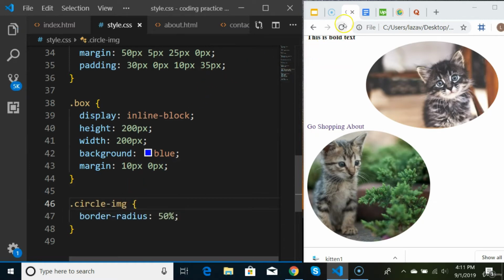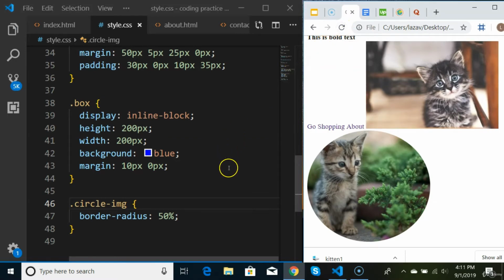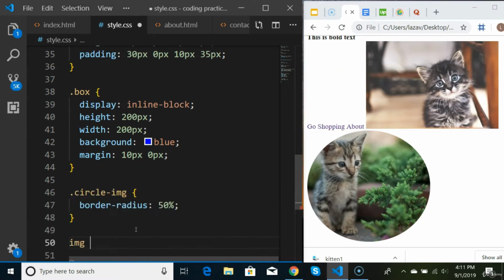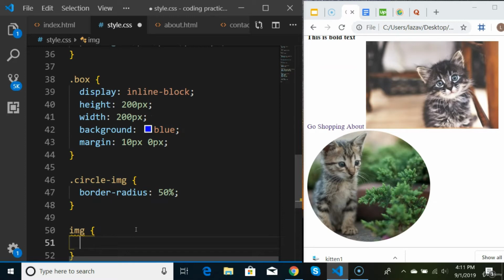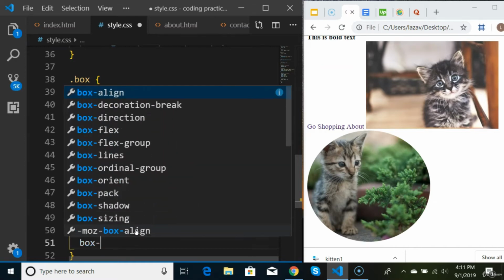All right. Next, we're going to work on shadows and make our images look more like Polaroids or real pictures that are in 3D. So what we need to do is, and we'll do this for both of our images, so we'll go ahead and use just image as our target. And this is called box shadow. So we're going to use something called a box shadow to create some shadows and make it look 3D. Okay. So what we do is we just say box dash shadow,